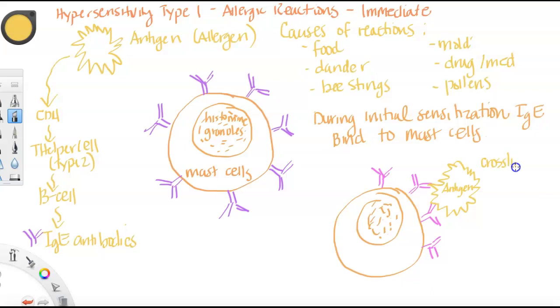When they form a cross-link on the antigen, that means two of them bind, then that triggers. So the cross-linking of these two antibodies with this one antigen together triggers the mast cell to degranulate